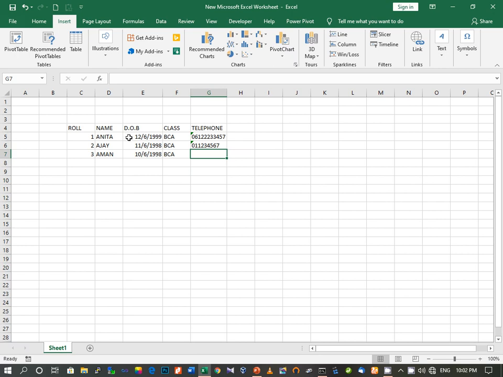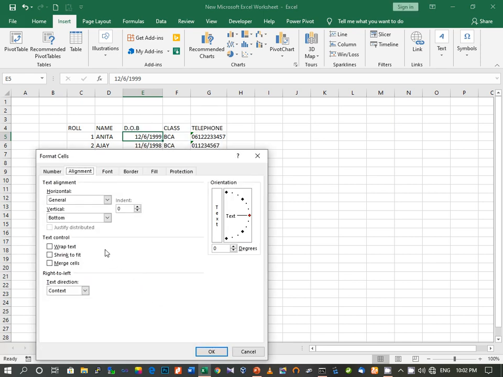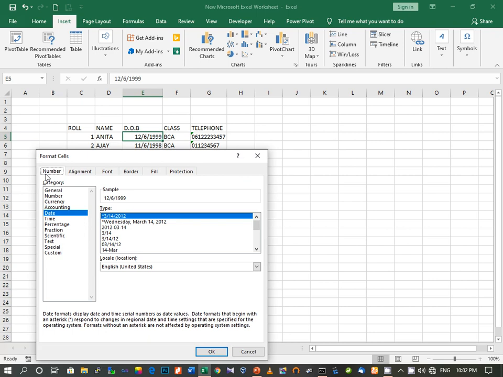To do that, you right click on the cell, go to format cells, then here you can click on number and then go to date. Here you have the date.